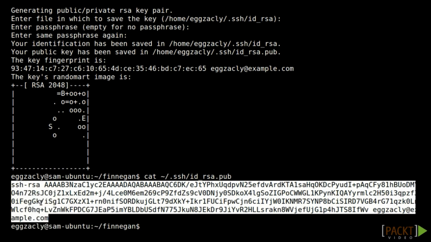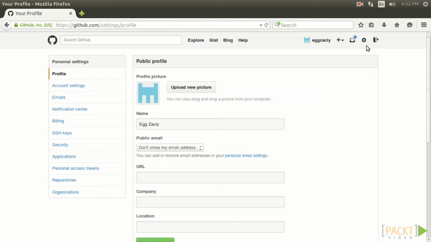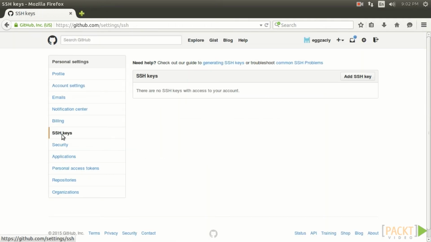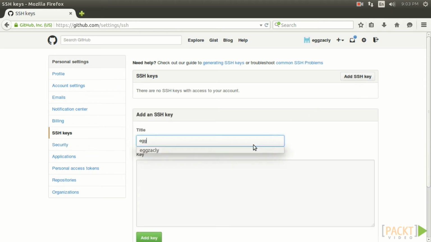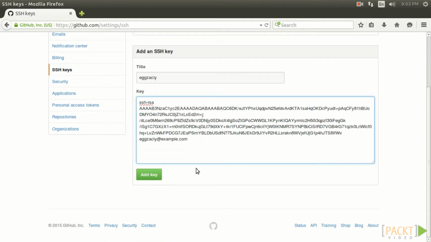With that key in our clipboard, let's head over to GitHub, and on the top right of the page, there's a gear icon that opens the settings page. On the left side, we have an SSH keys link, and then an Add SSH key button. We'll give the key a title, and paste in the key from our clipboard, and save it with the Add